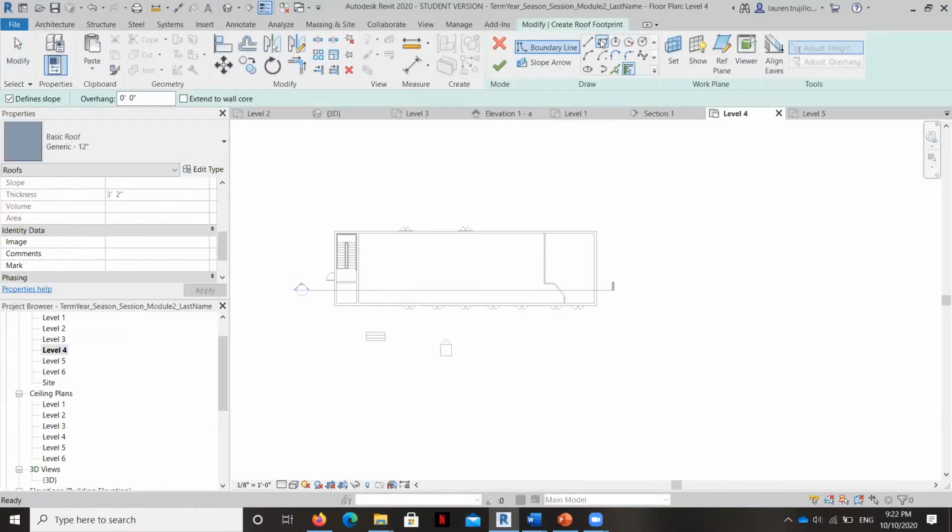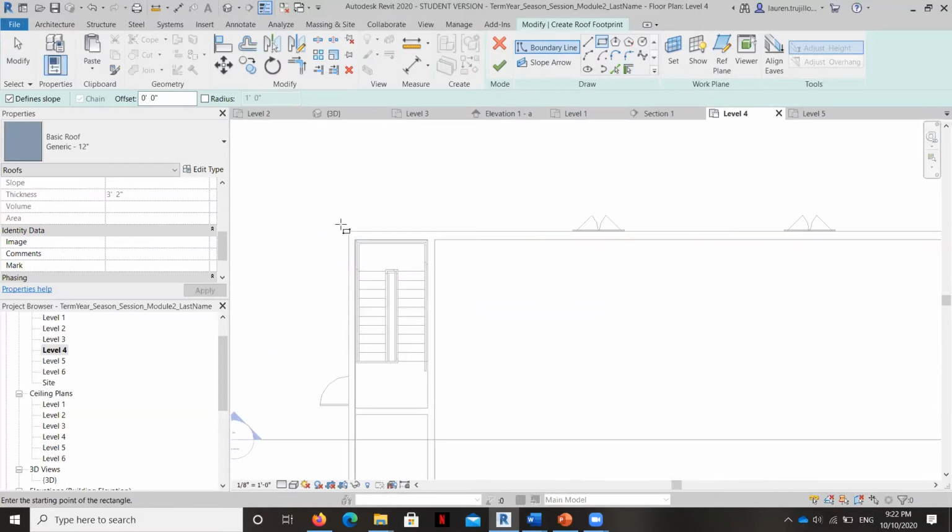Now keep in mind, you as the interior designer will have very little say in what the roof structure looks like. You might get to pick the finish or select the finish, or perhaps give some idea about general roof line and shape and overhang, but the drawing of the actual roof will be within the purview of the architect. But you'll know how to do it at least so that you can work on a schematic design if you want to. So I'm going to go ahead and select this.